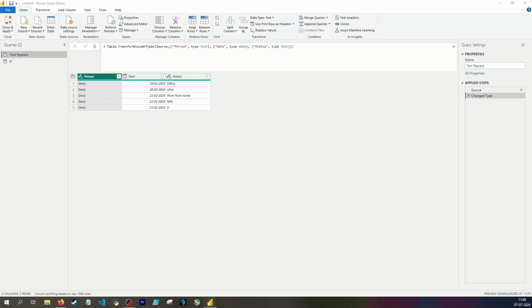Today I'll be showing the difference between using Text.Replace and using if in order to fix spelling mistakes. In my column here, I want to fix this line that says "office". I want that to be a capital O and two F's, and I want "work from home" and "WFH" to be the same. I also know that capital O is an acronym for office, so I want that to be